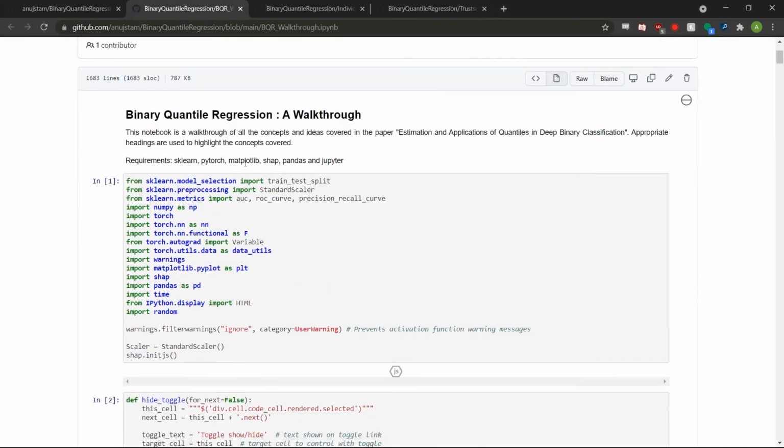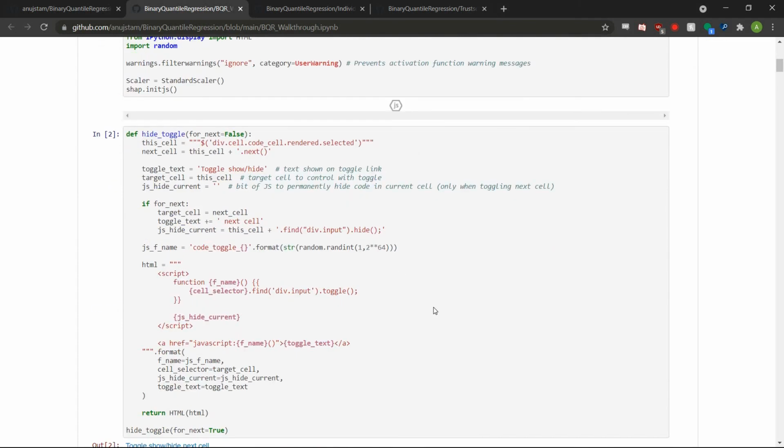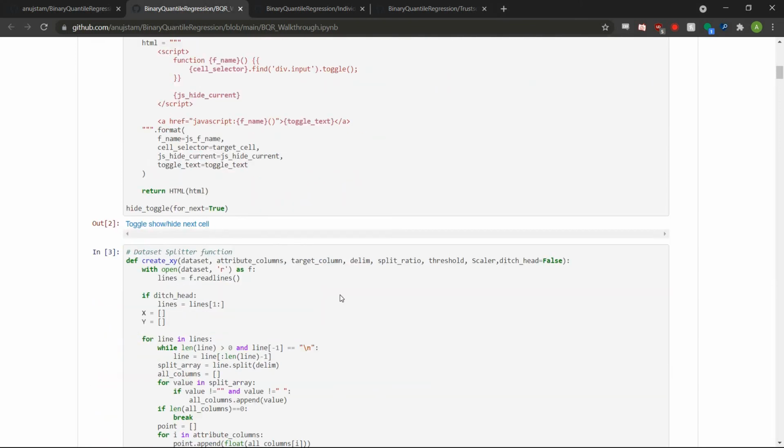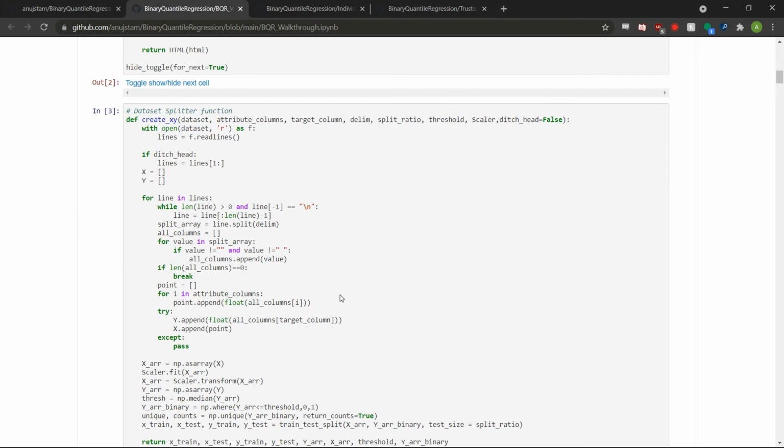You'll need sklearn, PyTorch, Matplotlib, Pandas, and Jupyter, which are modules you're most likely to already have if you've been doing some kind of data science or machine learning work. SHAP is the other one that you're going to need for the explainability section. This cell is just for your convenience, where you can use it to hide or toggle cells, because the next cell is very large and contains pretty much every function that you'll be using